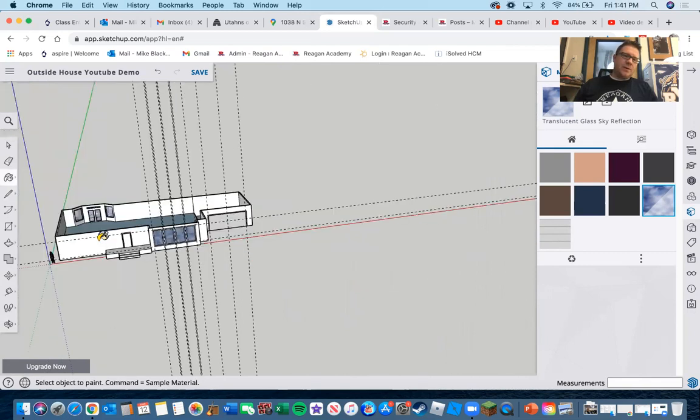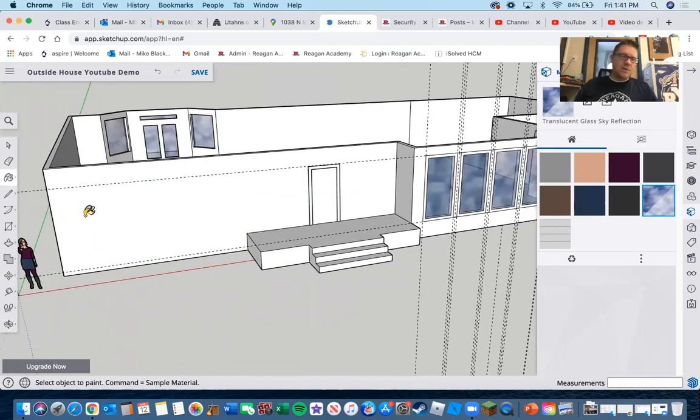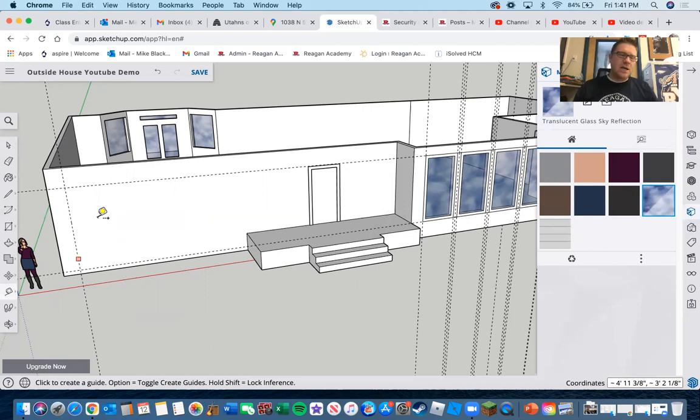So if I wanted to do another window somewhere else, I could come over here and create some more windows. Now, if I wanted to use the same windows as I've done before, I could come off of here 18 inches like I did over there. And then I could start to paste these windows in. But it's actually a lot better if you have a guideline. So I'm going to have a guideline that goes from where the bottom of the window is going to be. And then I could start pasting